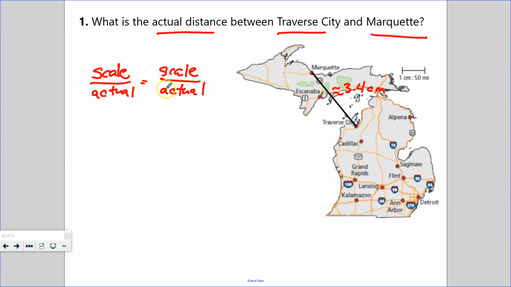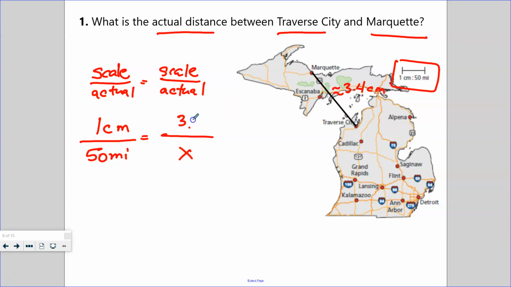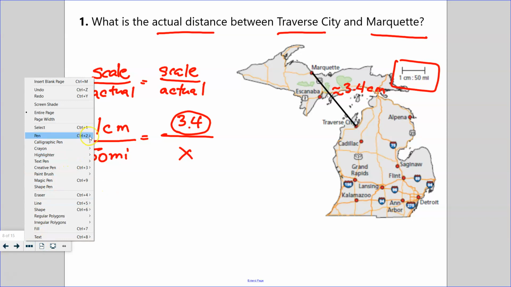Okay, so now we're going to look at, okay, well, what did it give us? It gave us part of it, right? So that's going to be one of ours. So 1 centimeter over 50 miles. Yeah, so same scale factor as we had before. And we're actually looking for the actual distance, right? So we know that it's going to be over x. And then we have to actually measure this distance, and I'm going to put 3.4 in here for mine, but if you measured something different, yours might be a little bit different. And I'll tell you at the end how we go about answering these types of questions, right? So we do a cross multiplication.